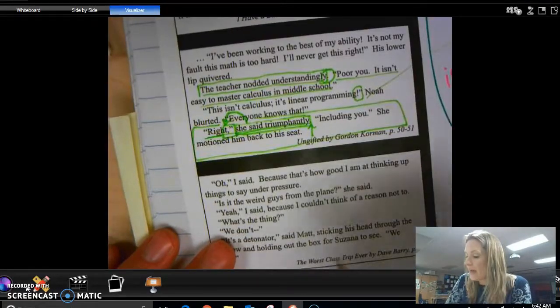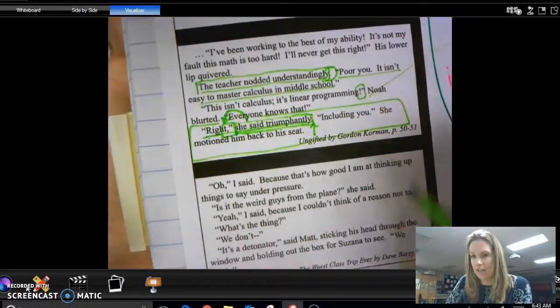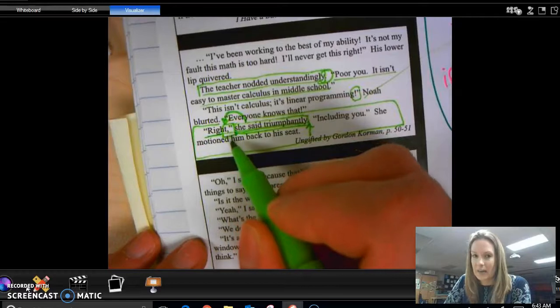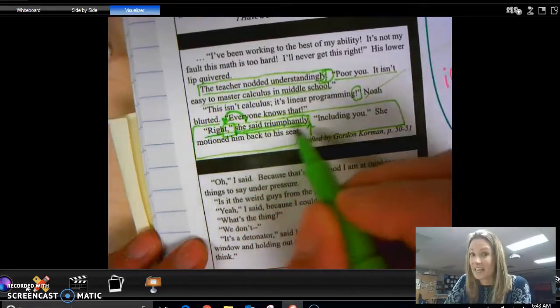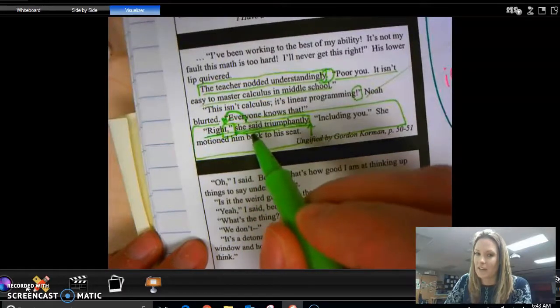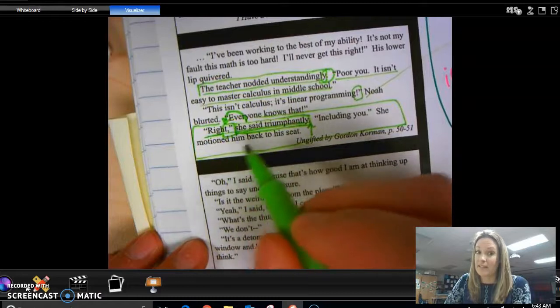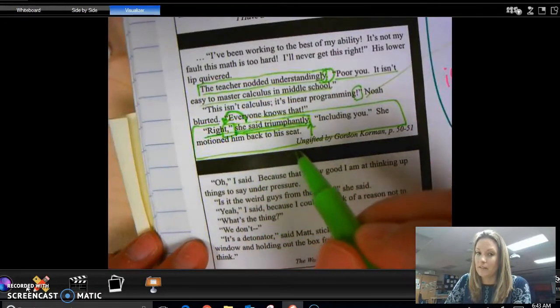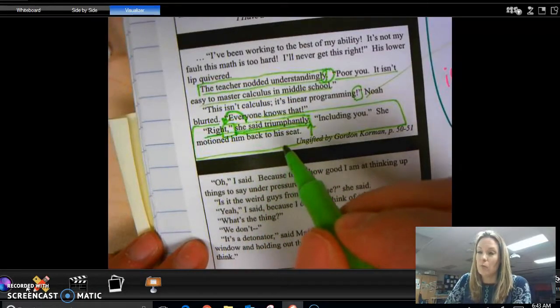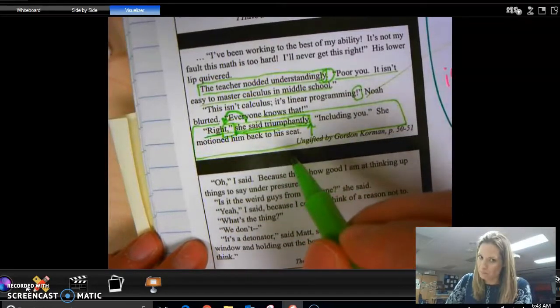Okay, so if you have your character say, "No," said John, it needs to be a comma, not a period, because said John is directly linked to the dialogue that came before. Okay, same thing would be John said, comma, no. What came directly before the comma, they go together. Okay,